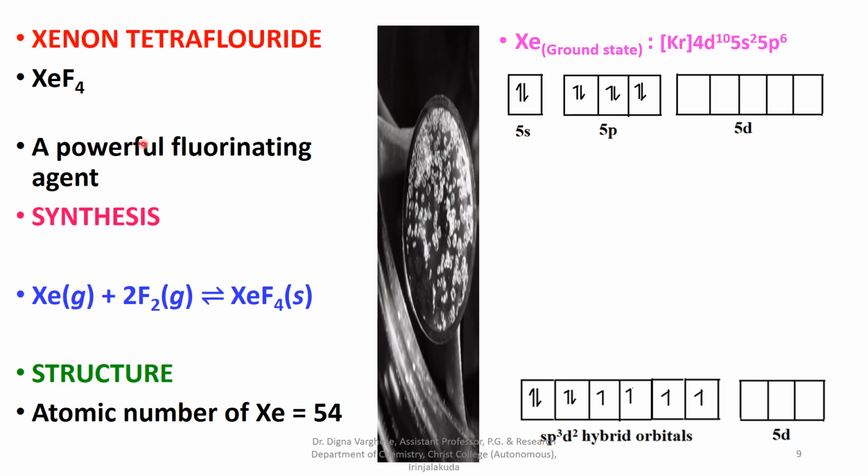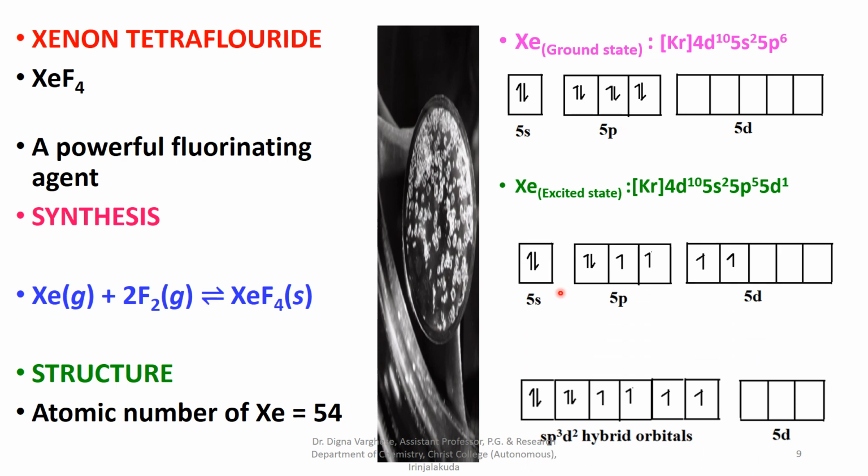Therefore, the xenon atom has 4 unpaired electrons available for forming 4 bonds with the 4 fluorine atoms. The excited state configuration for xenon is 5s2 5p4 5d2,